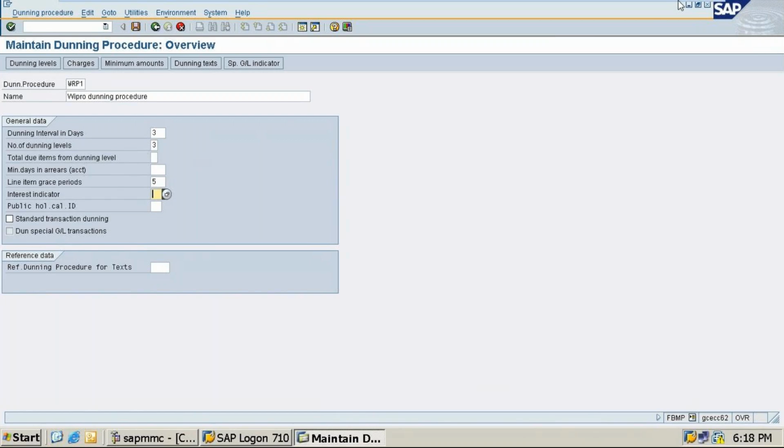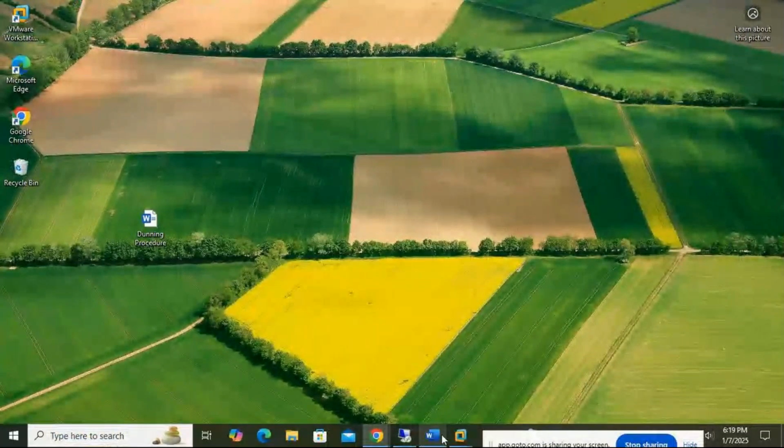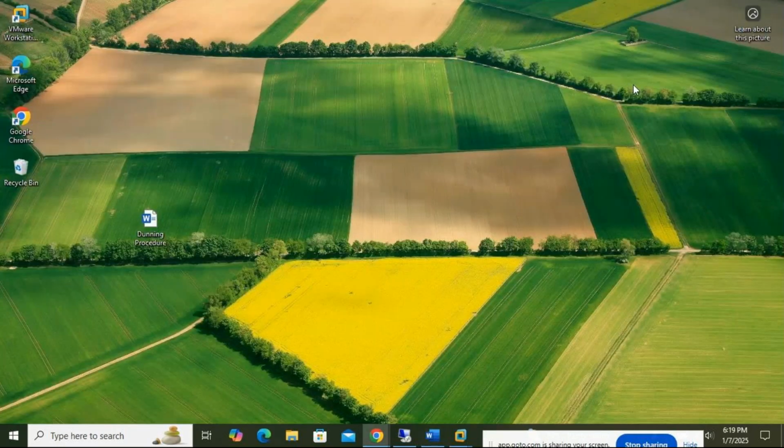So line item grace period is 5. So dunning level interval is 3. Number of dunning levels 3, line item grace period 5. Interest indicator is 01. So here we have to do 01.